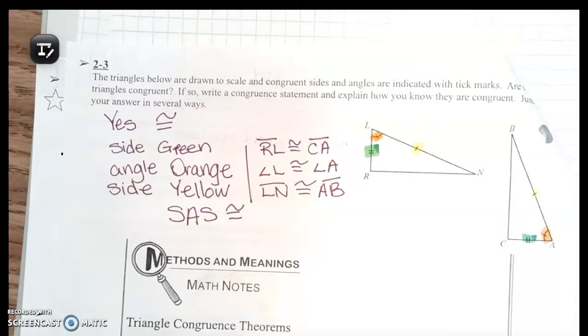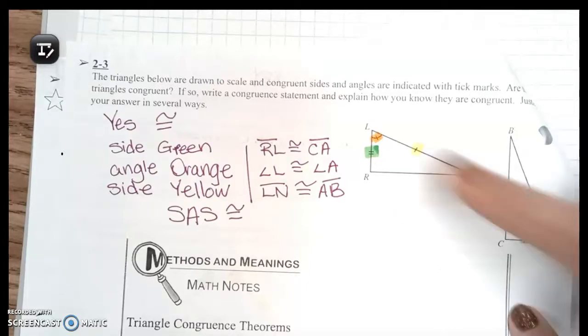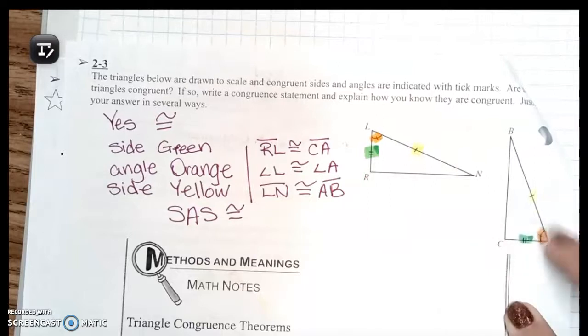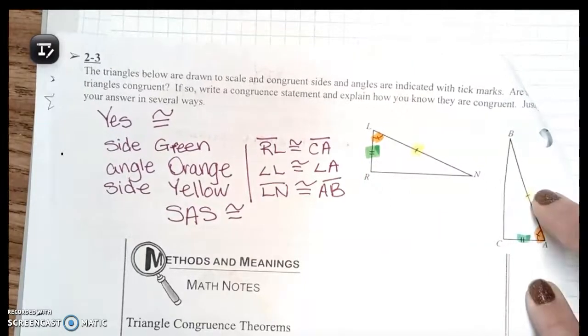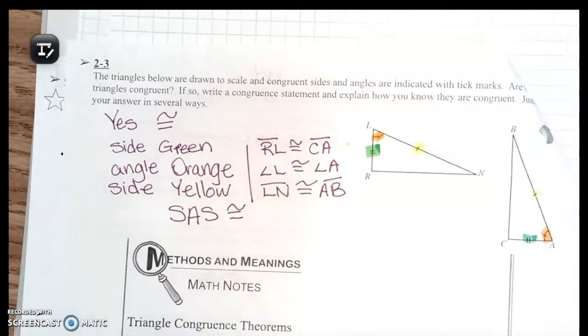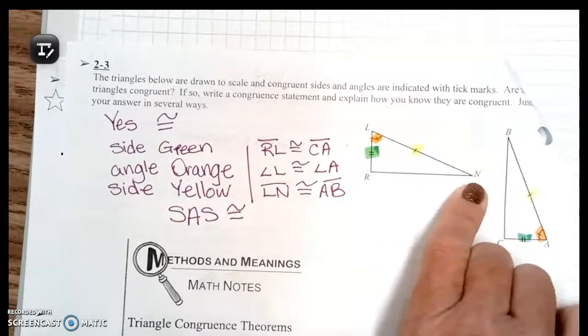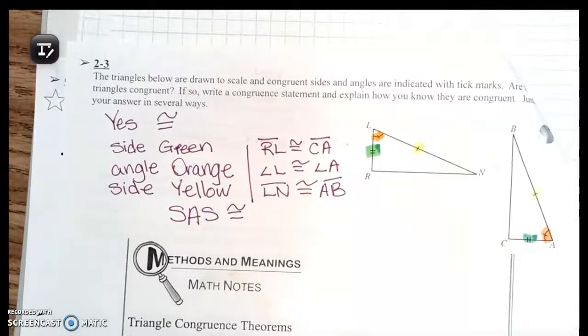And the orange has to be between the two sides. The orange angle has to be between the two sides in order for it to be side, angle, side. If the angle is on the outside of the two sides, like if it was over here or over here, it would be